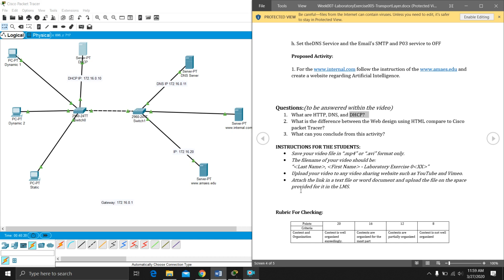You have the code, and to make it presentable you have to use CSS and JavaScript, whereas in Cisco Packet Tracer,